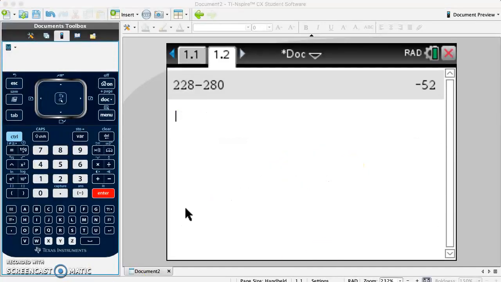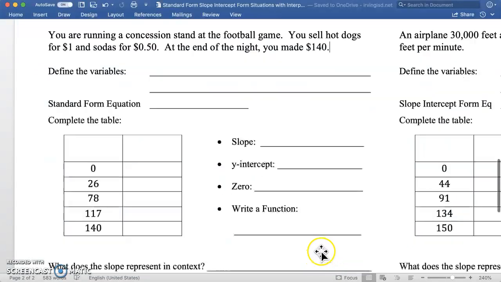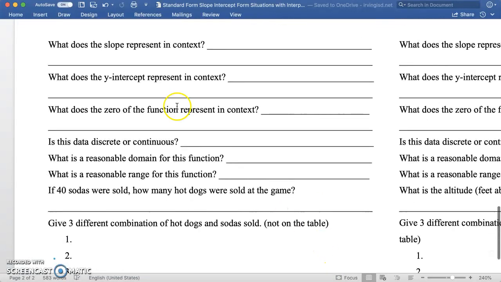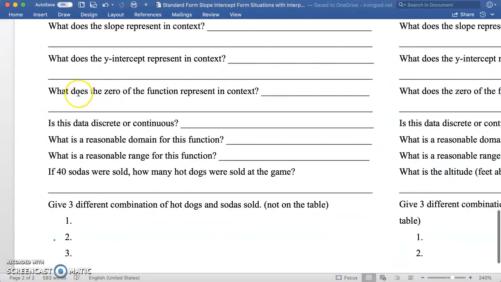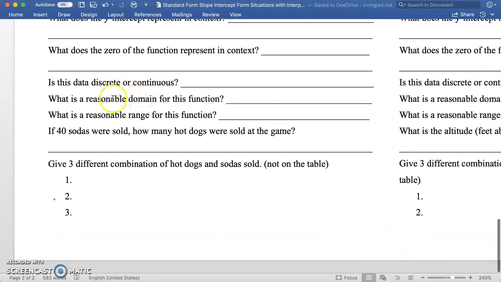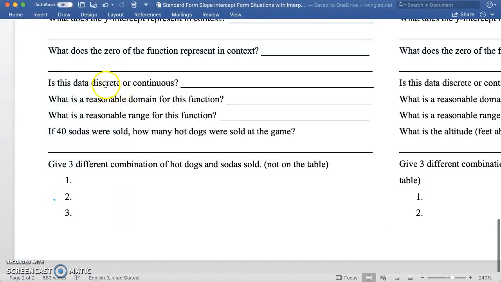So now I want you to finish the bottom portion. So if I go back to here, you should be able to finish this part down here. So what does the slope represent? You may struggle with that. That's okay. We'll talk about it tomorrow. What does the y-intercept represent? That you should be able to do. What does the 0 represent? That you should be able to do. Discrete or continuous. So are you counting something or are you measuring something? What is a reasonable